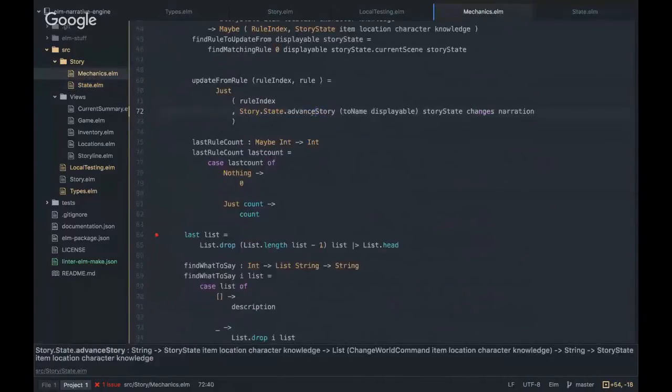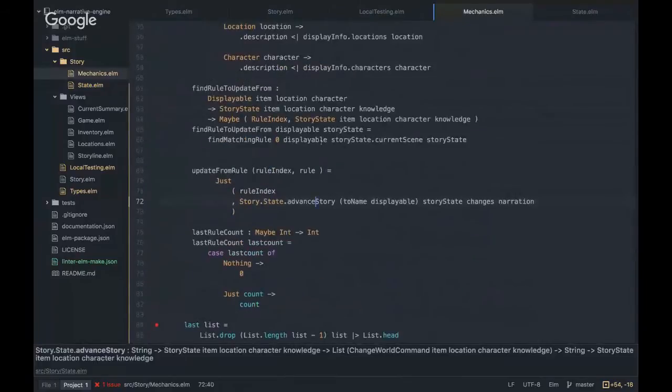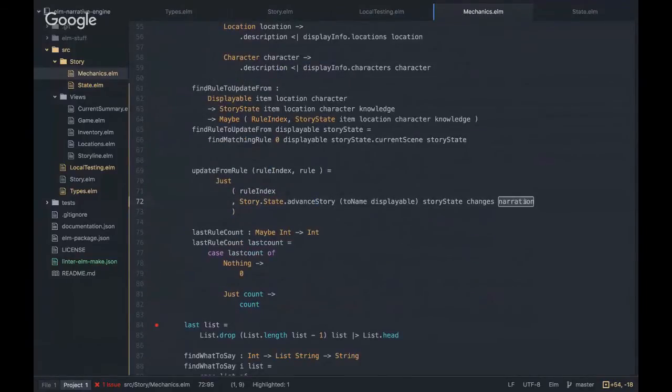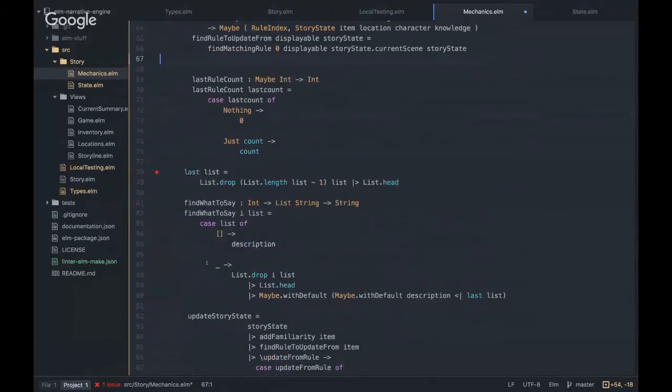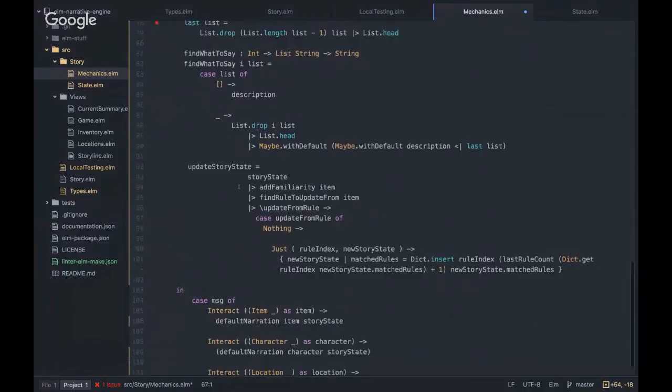So we definitely need to run that. And we need to give it the right piece of narration, which is going to be a string. So we have to find the right string before we can give it to this. I'm going to just take this line, get rid of this. So the updating,